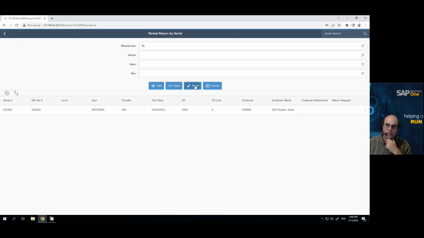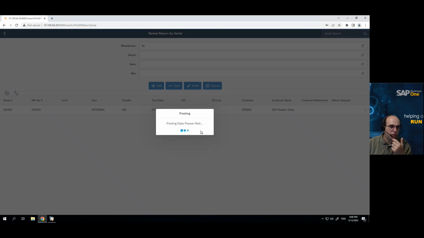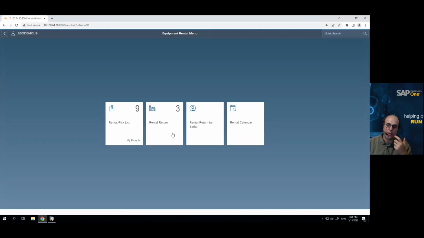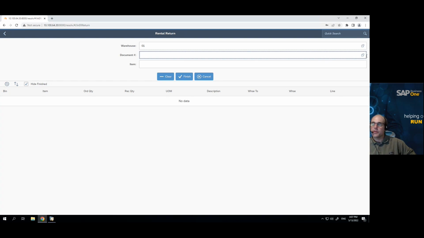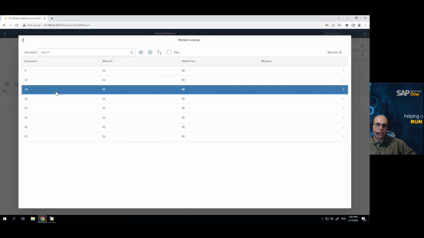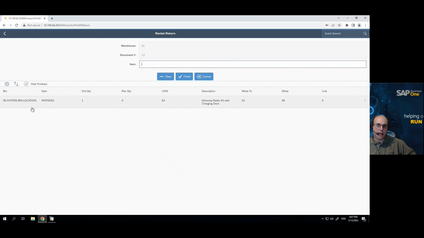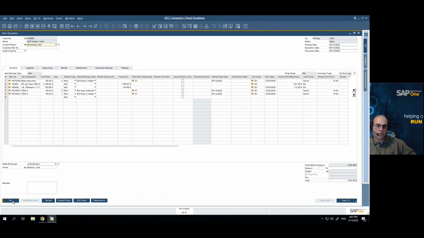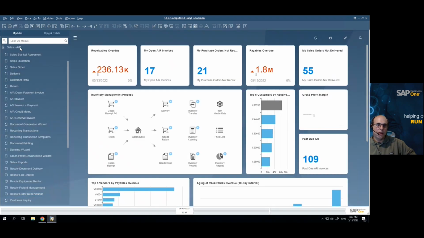And then again, same kind of concept, you press finish and it will actually record the inventory back in, taking it from your rented warehouse and bringing it back into, in this particular case, warehouse 1. And then the other choice that you have is that you can actually pre-plan a rental return. So in this particular case, you're able to make a rental return document, which I'll come back in and show. And then that will tell us what products we're expecting to receive back in. So these are the products that we're expecting to receive back in. And again, that comes from inside of SAP Business One,